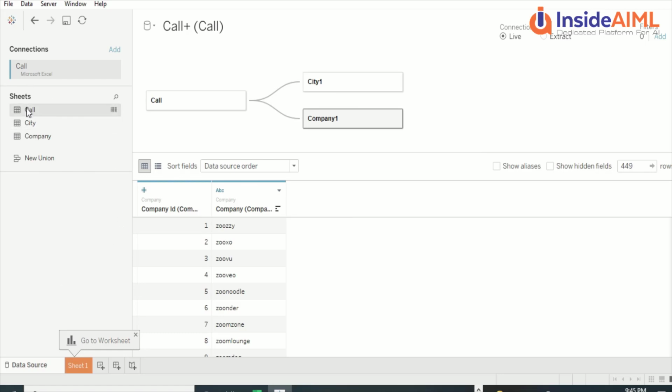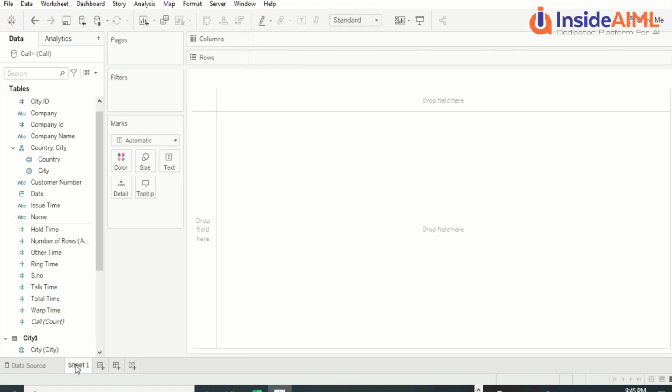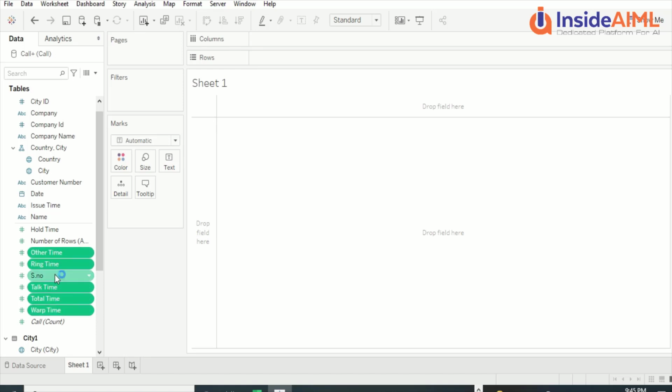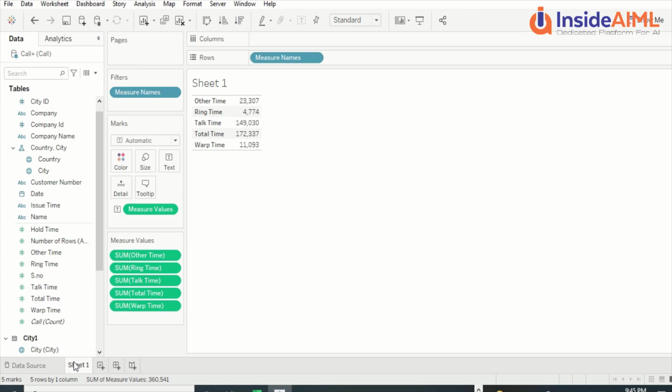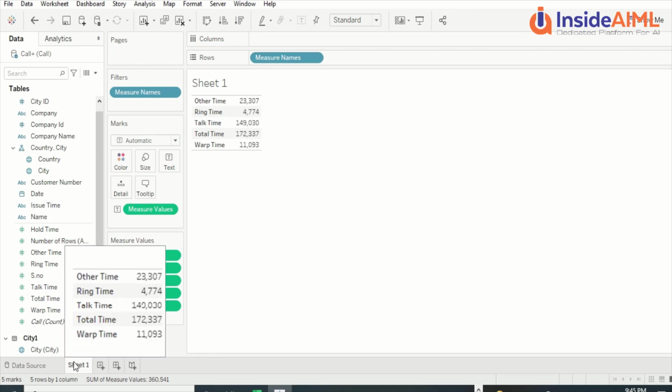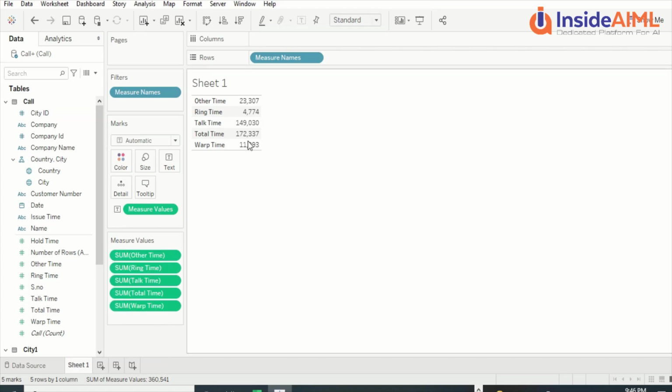I am not looking at any renaming right now, and the two formulas which we are creating here, I'm just going to show you for simplicity that it's going to be similar stuff out here. So we already have a total time here. What I'm going to do here is show you that this total time has worked out. So we have all these four or five fields which I'm going to select out here and drag here onto the visualization page. So what I've done is I click on this sheet, and I come to this Tableau, which is basically the Tableau Desktop where we are going to prepare our visualization. I just drag all these columns here to showcase it to you. I think I need to drag total time below, and now you can see this looks like the sum of all these.